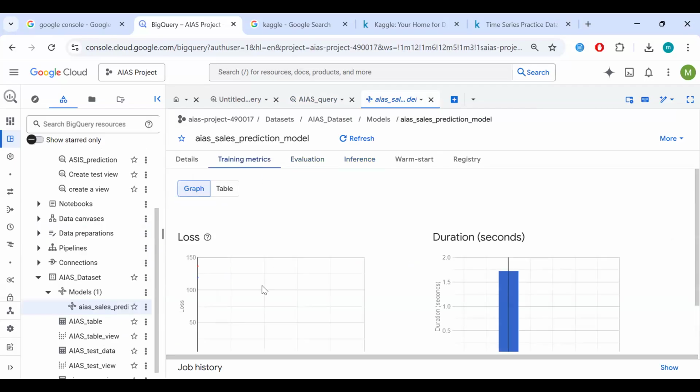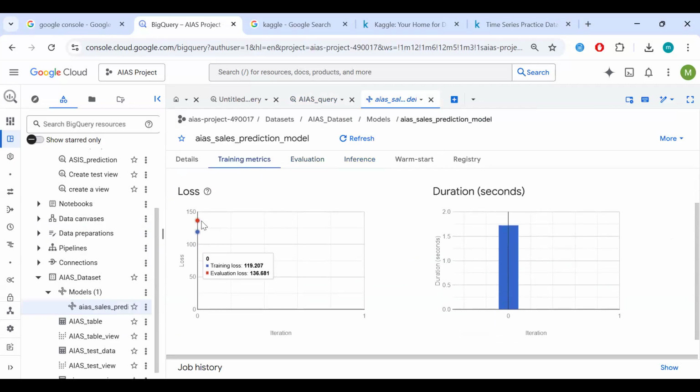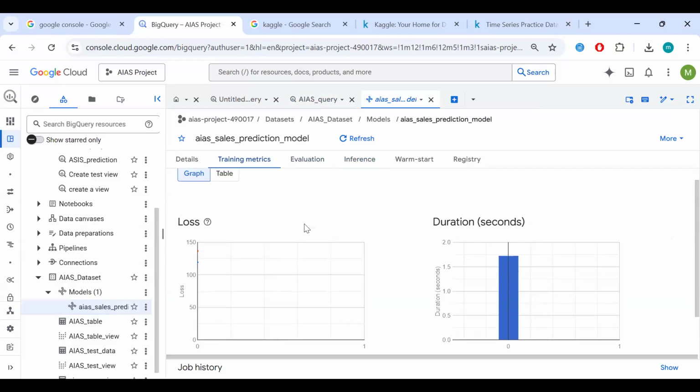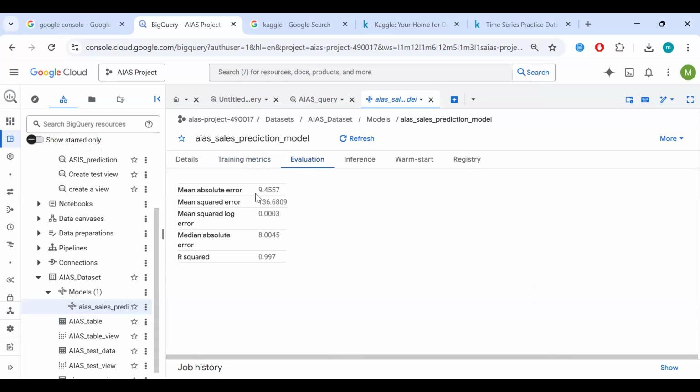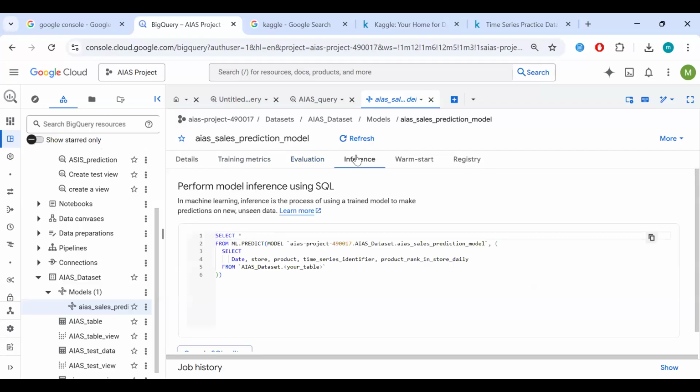We'll check the metrics to see the loss. Is the loss going down? Naturally, it will be going down. I apologize for not showing you that, but naturally it'll go down and you see it go down. Then you look at the different values for your different errors and you track them. This is when you start to talk about hyperparameter tuning, but like I said, a colleague will really dive into that later on. Then we'll make inference and see if our model is predicting our values using our test data.